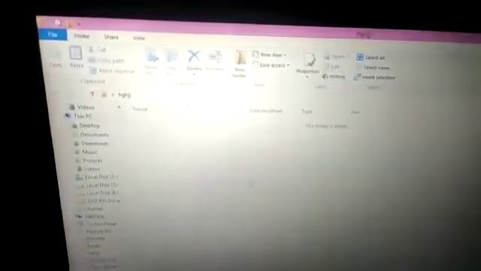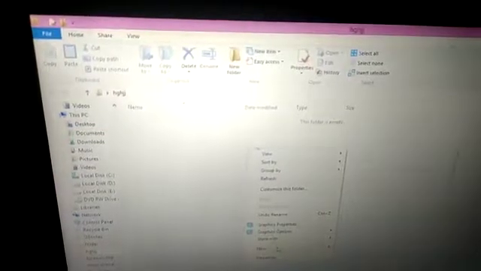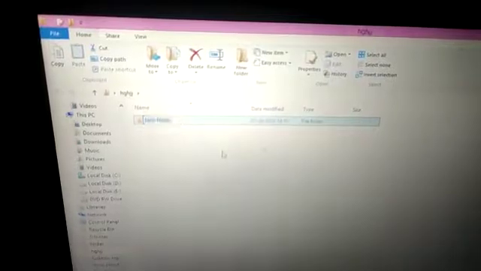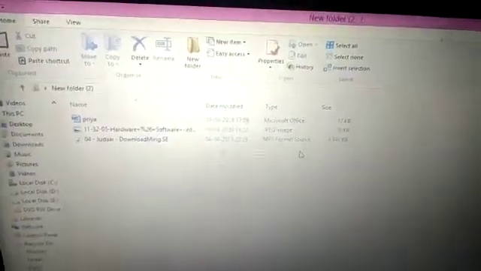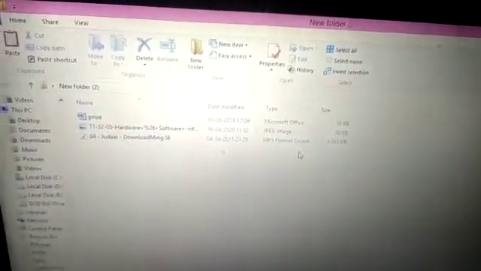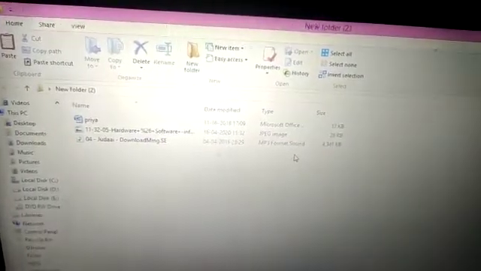And now you can change the name here also if you want to. If you want to write anything you can, and then open it. And now this is the folder. Within a folder again we will create one folder, which is called a subfolder. See, in a folder we have created another folder which is called a subfolder. And after creating a folder, we can store anything, documents, image, music, and those documents, image, music are called files.